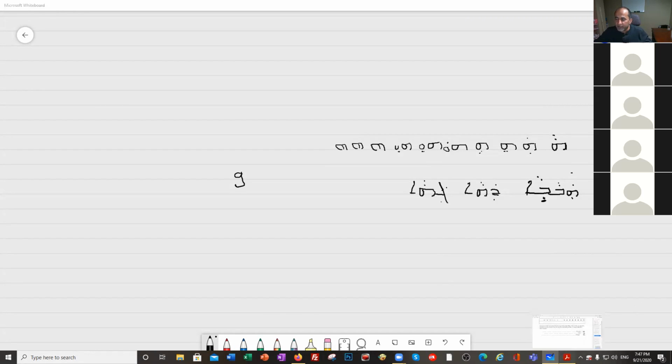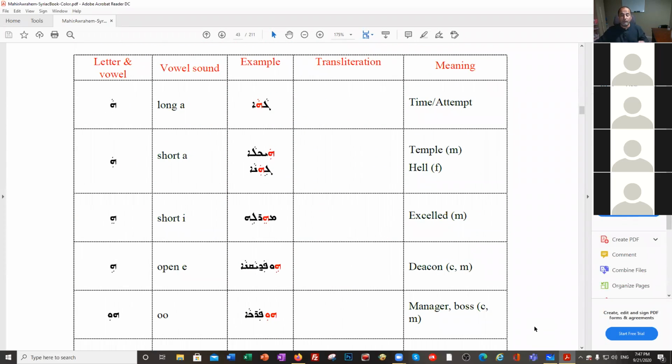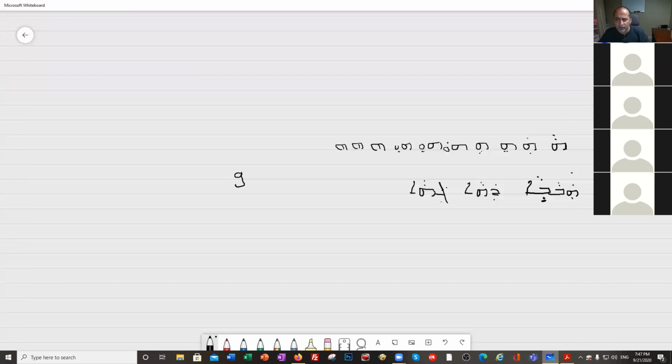I'm gonna flip the page here, and we're gonna study the vowels with a couple of words. Ha, long a, gaha, like sorry. In my writing I put thaha, right? I believe I did thaha. It should be gaha. Sorry, it should be 2 dots. Okay,